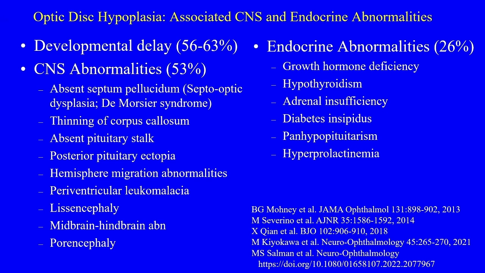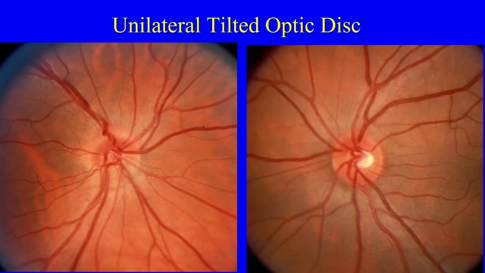Unlike drusen, which are unassociated with systemic or neurologic deficits, optic disc hypoplasia can be associated with both CNS and a variety of endocrine abnormalities. And what I'll leave you with is that if you see a patient, whether it's a child or an adult, with optic nerve or optic disc hypoplasia, that patient really should have a workup that includes looking for CNS abnormalities and endocrine. Tilted optic discs, here's unilateral,